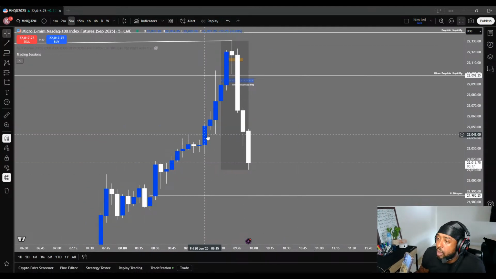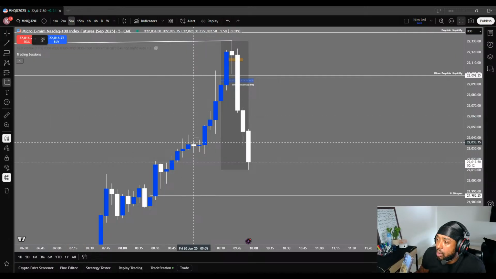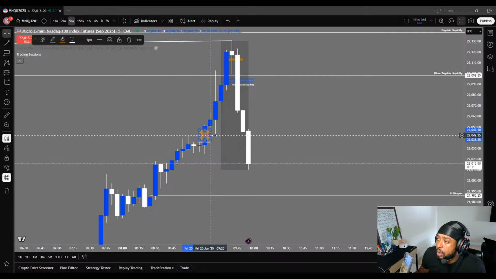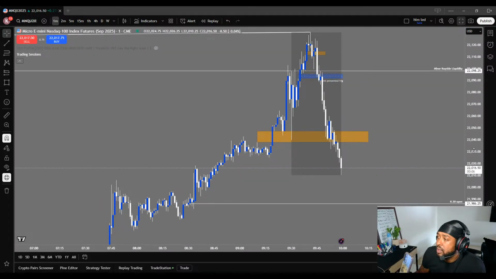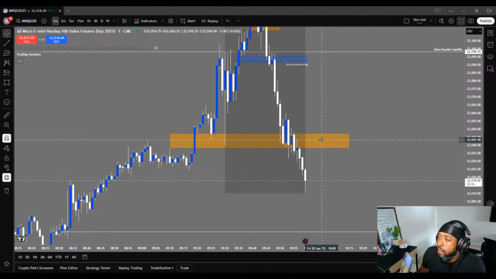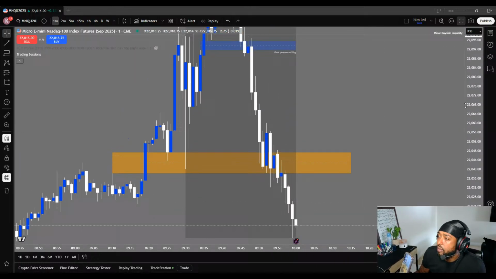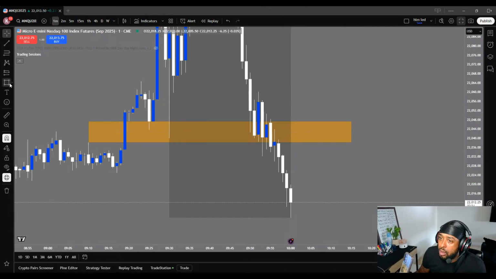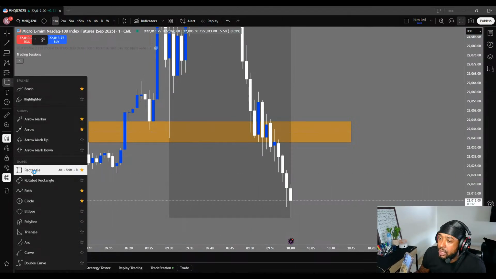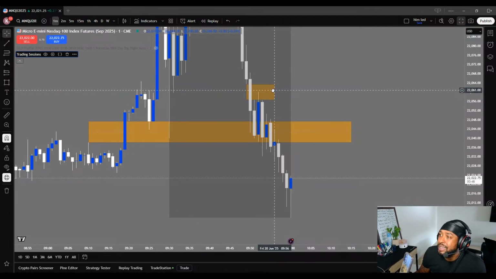So you see right here on the 5 minute, it used it to go higher. So you would expect it to use it to go lower now, which would be right here. So you see, this is the one I had before. That's why, on the 1 minute, the one right above it is right here. So that's why after I deleted that one and I drew this one, I was like, damn, this was the retracement.